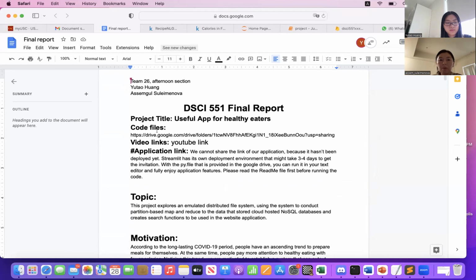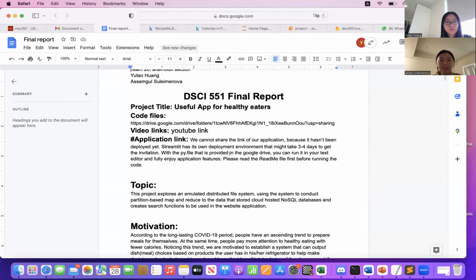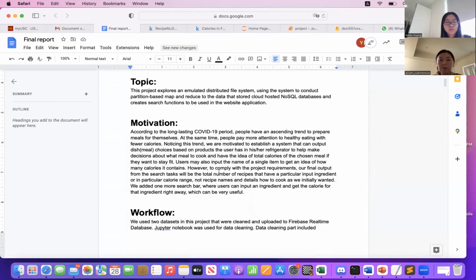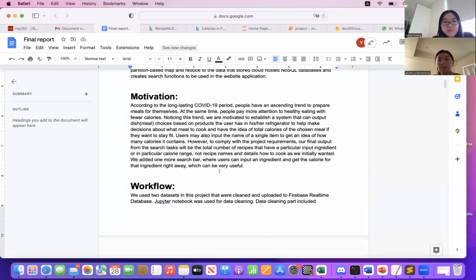Our project title is Useful App for Healthy Eaters. Later you will understand why. Our motivation was to create a useful app that allows users to input, for example, ingredients that they have in the refrigerator, and get all the recipes